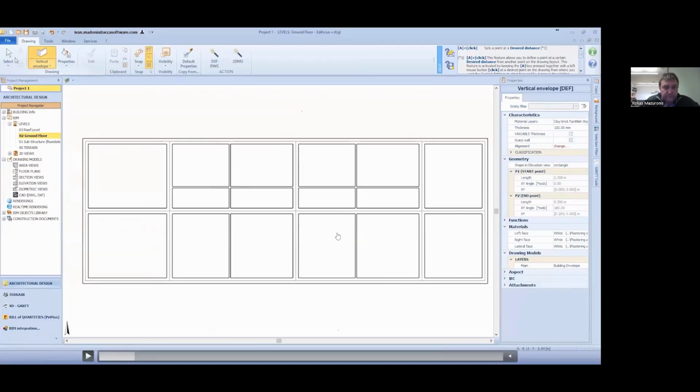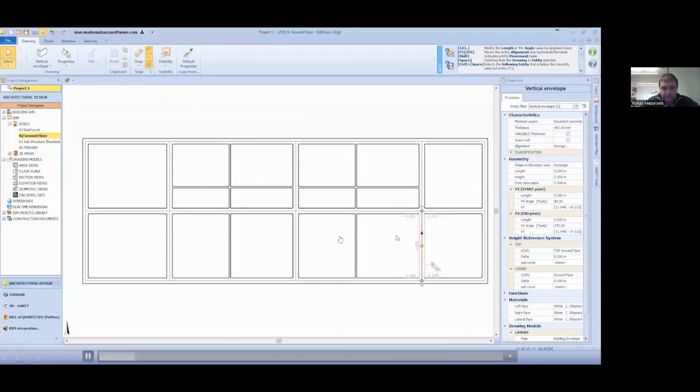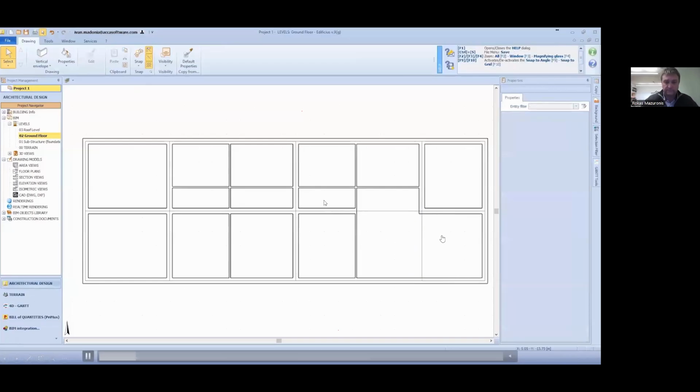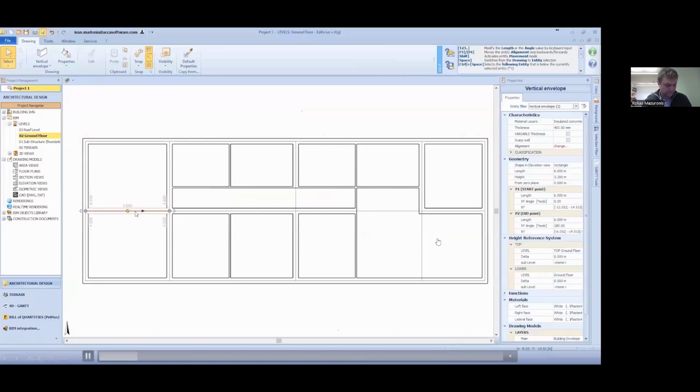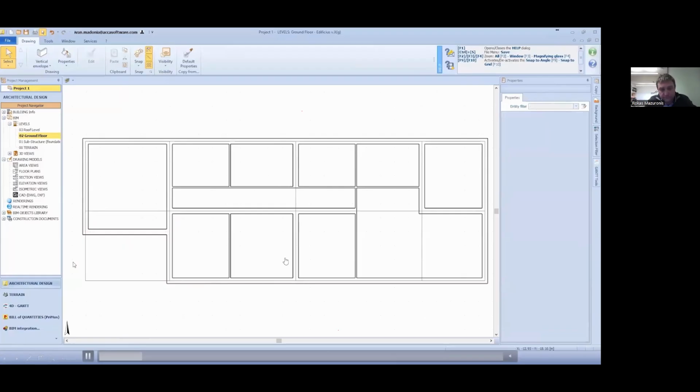Okay, so as we insert these walls and start to define this first level of the building, let me just quickly show you some of the basic functionalities of where we can simply remove, replace, change the thicknesses of our walls, or just simply move from one position to the other, because we're configuring the overall layout for this first floor plan, okay? And here, for instance, we're going to remove these parts of the external facade.